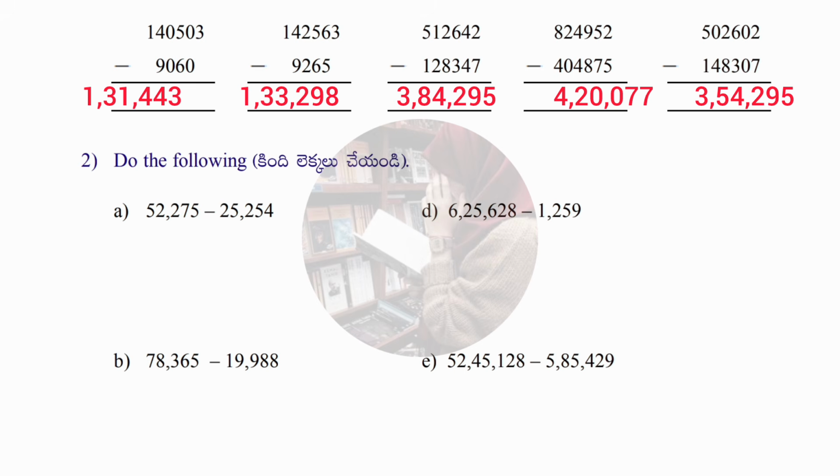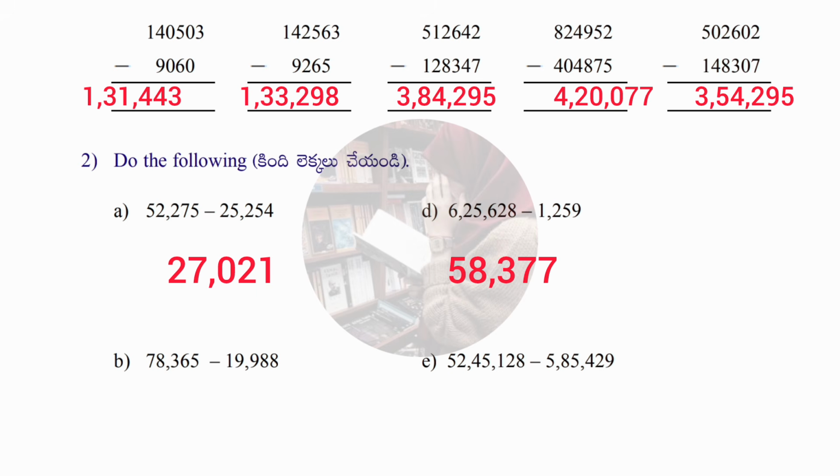Okay, here also we have to do the subtraction. Okay, first one is 52,275 minus 25,254 is equal to 27,021. Next one,